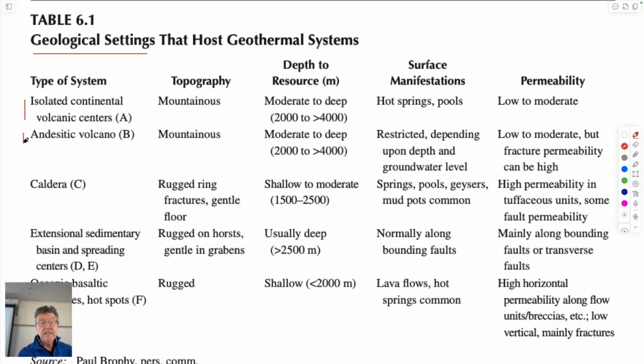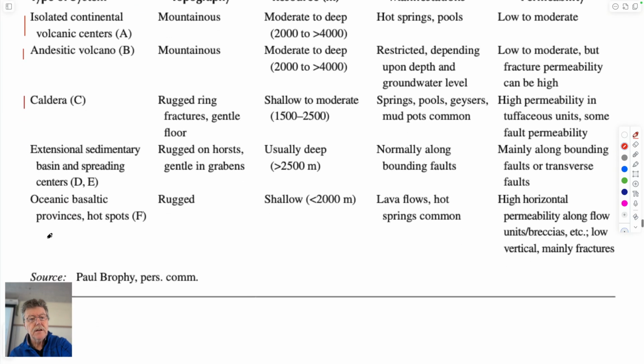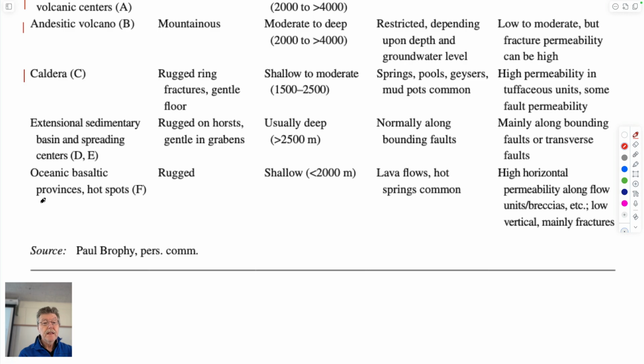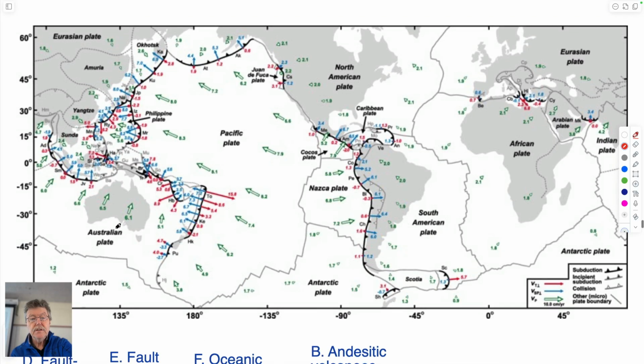They could be individual andesitic volcanoes, such as exist in the Cascades on the east side of the subduction zone that runs up the western part of the U.S. They could be calderas. Yellowstone, of course, is a caldera. Lake Mazama in Oregon is a caldera also, somewhat dormant. They could be present in sedimentary basins, and they could be places like basaltic ocean islands like Iceland, the Canary Islands and the Azores, all of which we'll attempt to look at